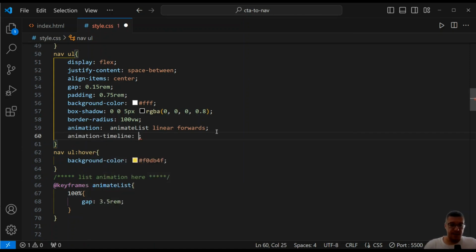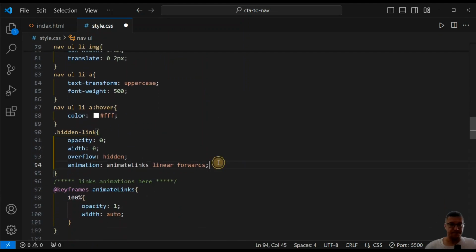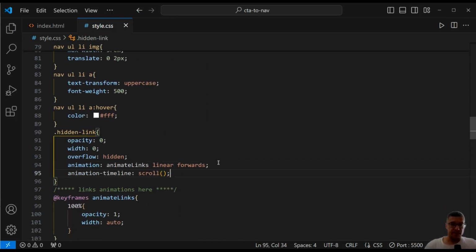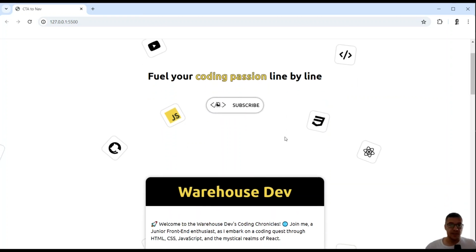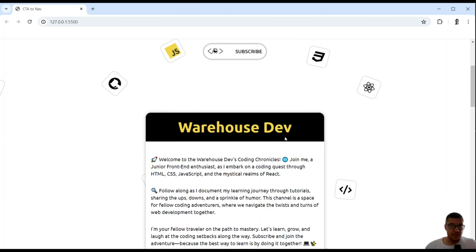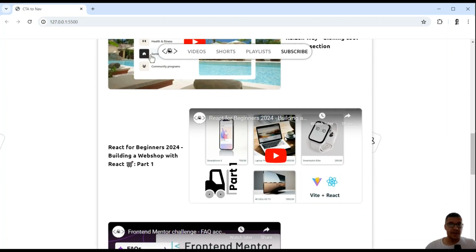If I set the value to scroll, and it should be a function like this, and I do the same for my other animation, and hit save, have a look at what happens now in my website. As soon as I start scrolling, as you can see, my CTA button is getting wider, and then my